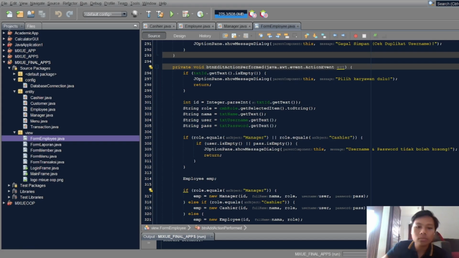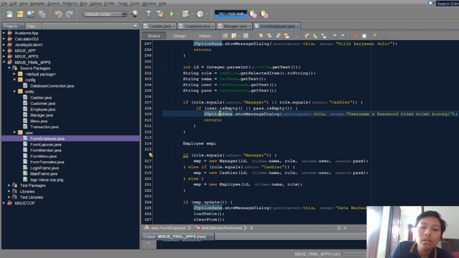Okay, we move to the attributes. We have the ID attribute from the text ID field. We have a role attribute, name attribute, user and password attribute. Like before, we get these from the text fields, and then this logic is showing again.